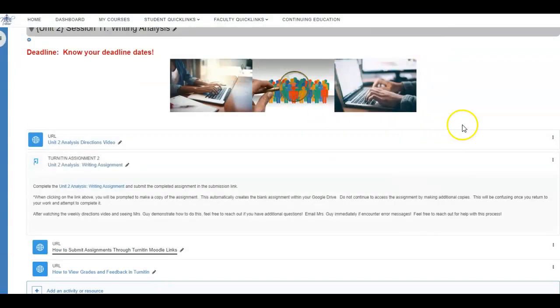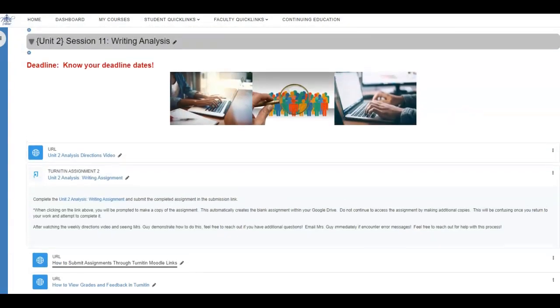All right, please make sure that you are aware of when your Unit 2 writing analysis is due. Make sure that you're working ahead of the deadline and submitting ahead of the deadline, just in case something were to happen and you would have a question or a concern about your submission. If you're doing it early, you and I have a chance to get with each other and make sure that things were submitted correctly, or I'm able to view them correctly. And we would then have time to fix things if something was wrong.